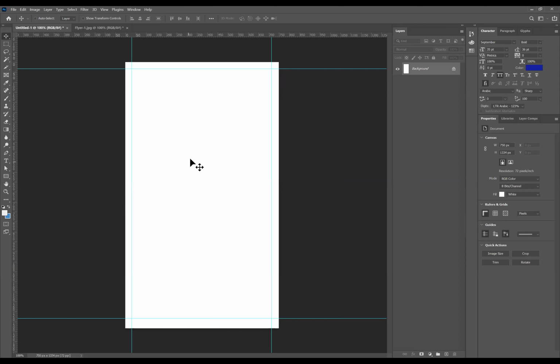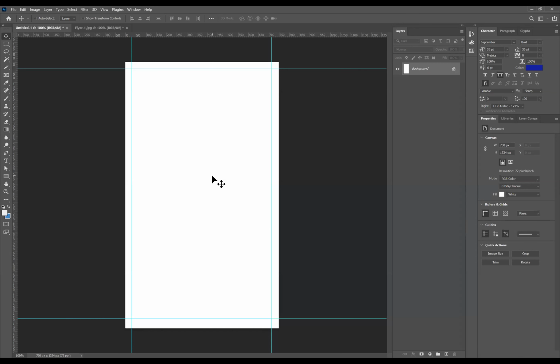Okay, good. So this is the use of the ruler, wherein you can bring as many guides as you want. Now my next step is to bring in the logos of whichever association or company you are working for, which are required for this flyer.